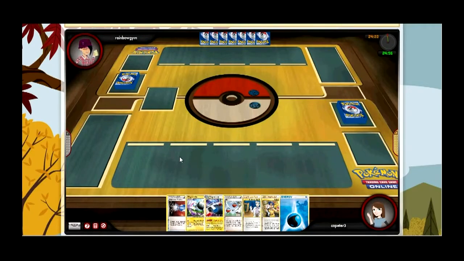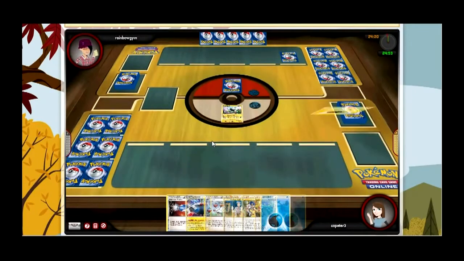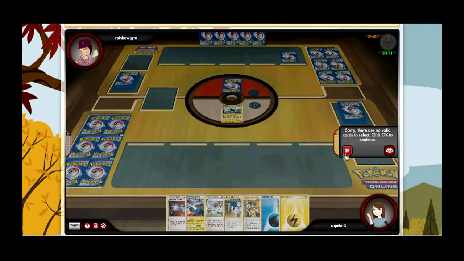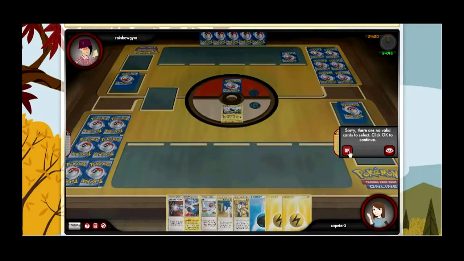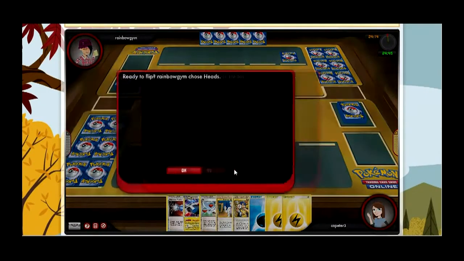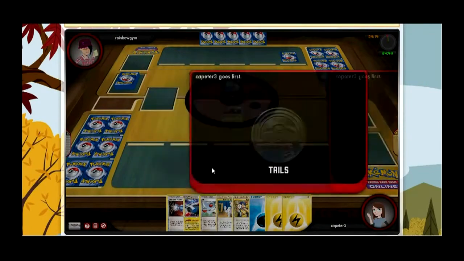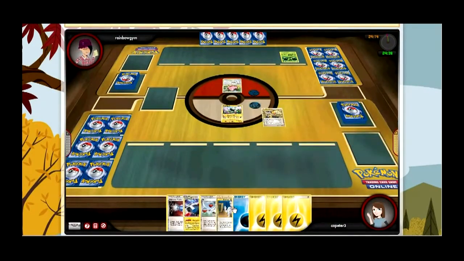I start out pretty nice. I do have a basic, and I have the Collector in hand, which is what you always want for that turn one. Since she double mulliganed, I definitely take my 2 extra cards, and then we should go on to the coin flip. And there are some lags in here just from the opponent not really paying attention, having to click on things